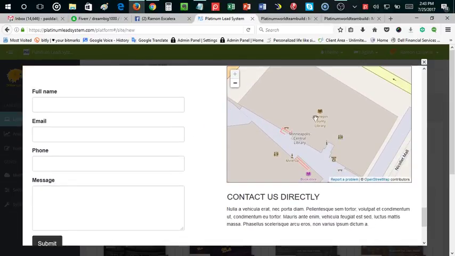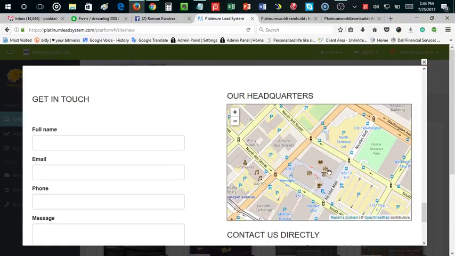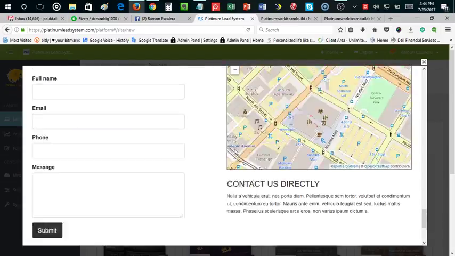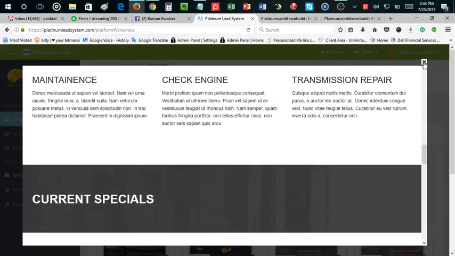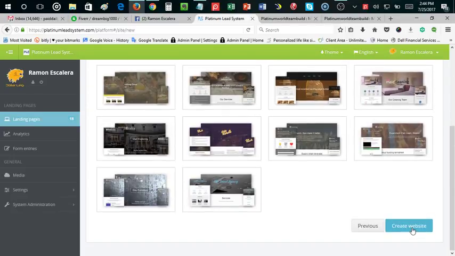Now, if you have a location of your shop, then you're going to be able to add that map here. So if someone was to pull this on their mobile phone and select that, it would direct them exactly how to get to your store using Google Map. Okay, and then you add your information here. So we're going to select this particular one for this particular training, and I want to click on create